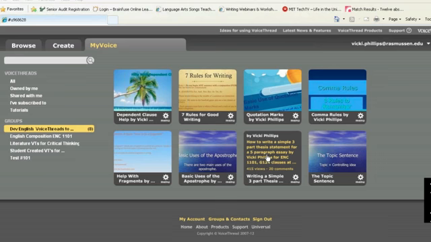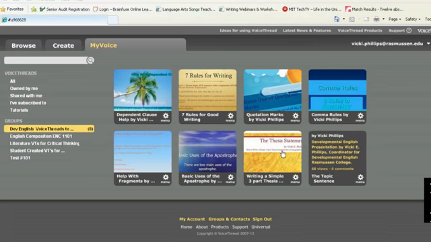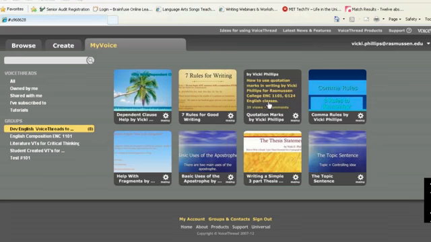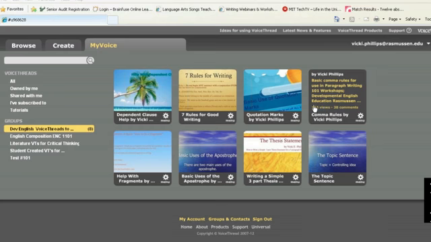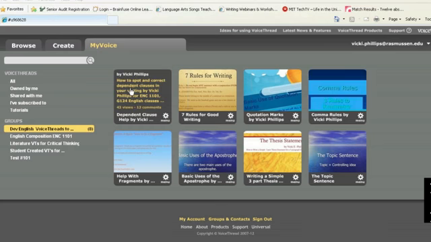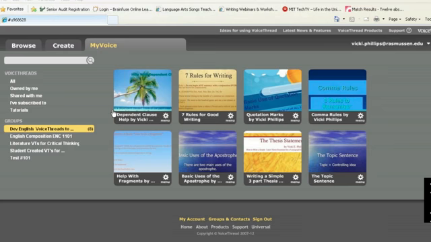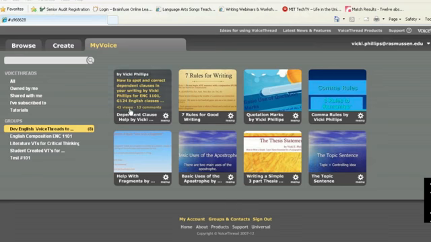And I also try to use, if you'll notice, colorful visuals. Some of the earlier ones that I made weren't that colorful, but you can tell the latter ones, like the dependent clause, I try to find a photo that kind of illustrated what a dependent clause was, how it was hanging out there, and it needed to have a comma.